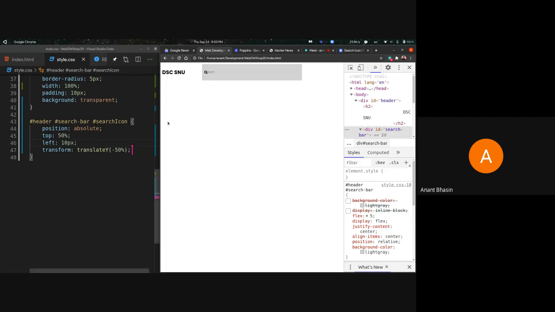So in this case, what we've done is we moved it 50% of the search bar's height down, but we also moved it minus 50% of its own height. So again, comment out, save, reload. It's down over here. Now, if I logically think about this, if I move it 50% of its own height up, its center is going to align with the center of the search bar. So that is what is happening over here.